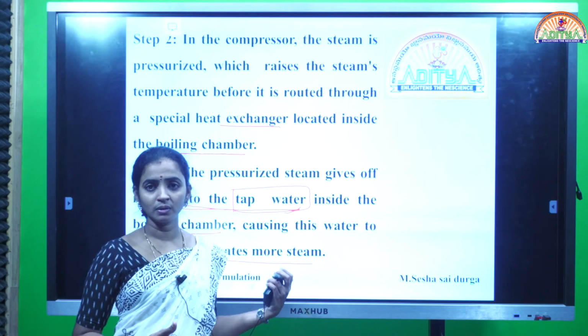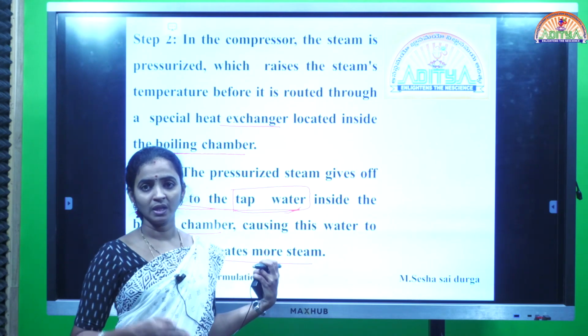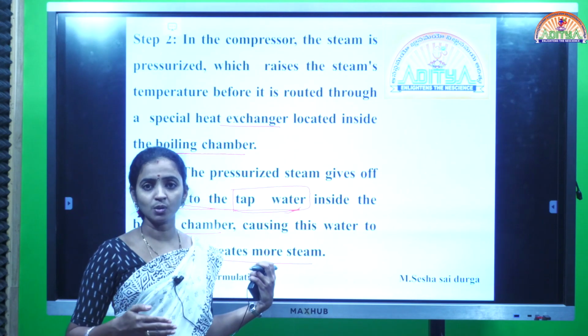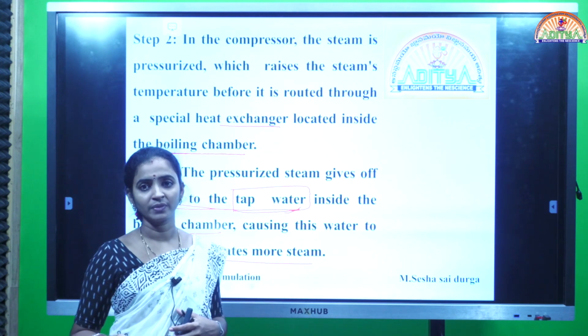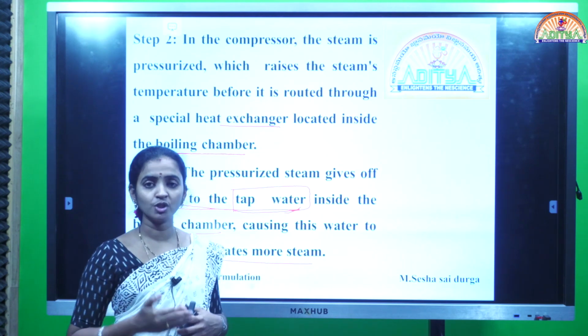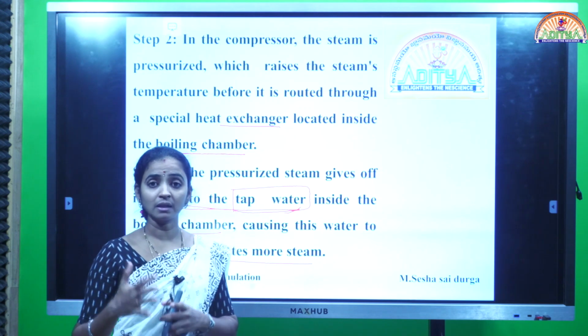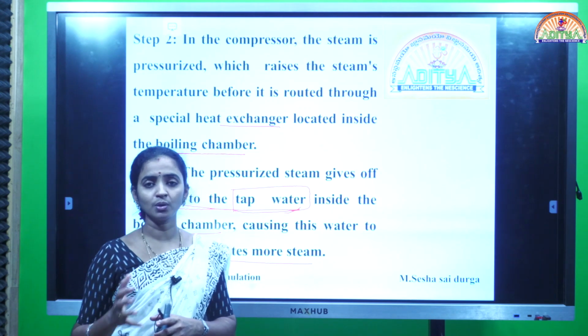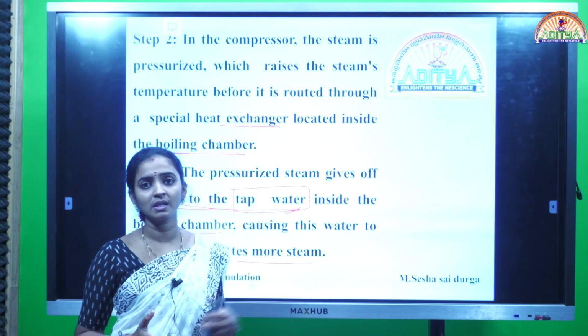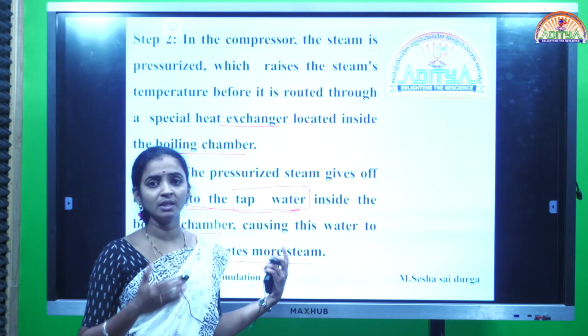When it is switched on to produce the steam, that is nothing but the heat source for the boiling of the tap water. When it is switched off, the steam formed from the tap water will be converted into liquid. So to achieve the condensation process, one of the heating elements will be switched off.